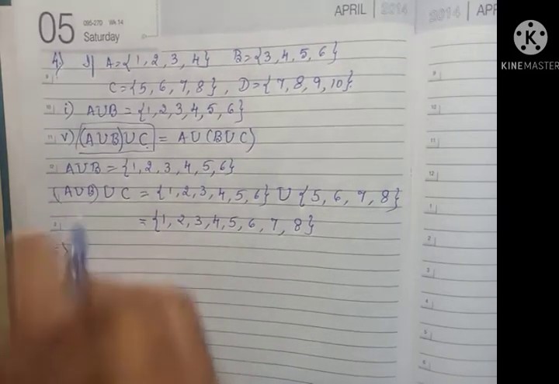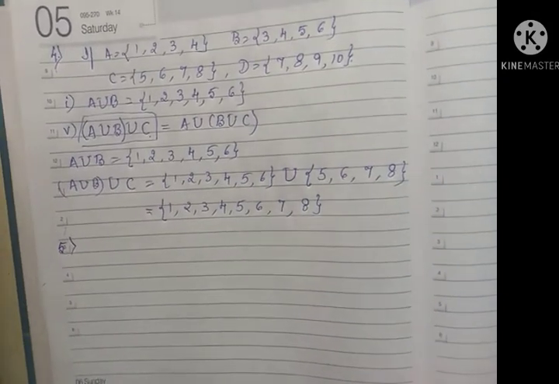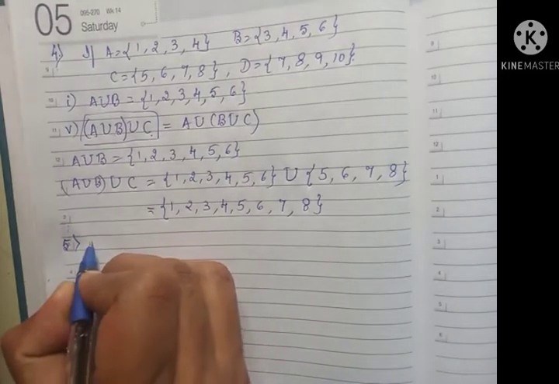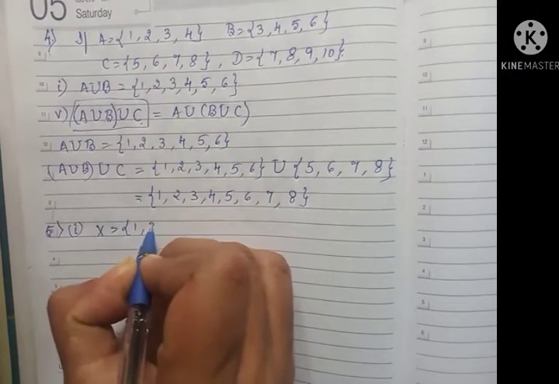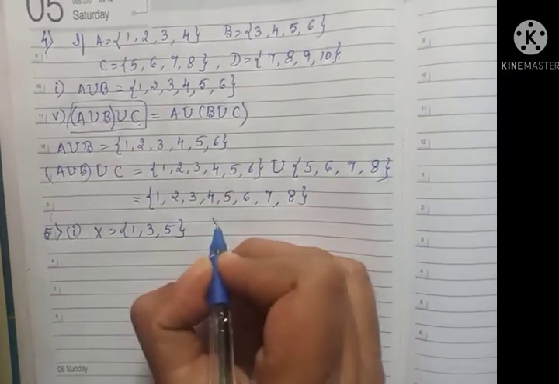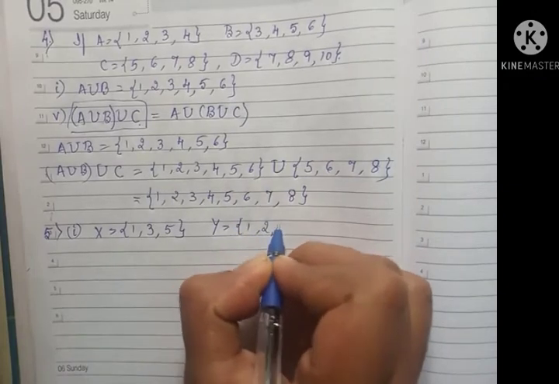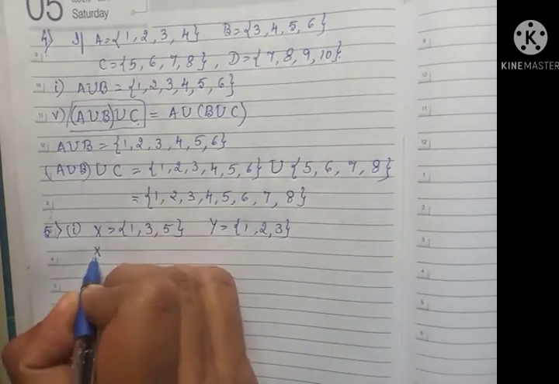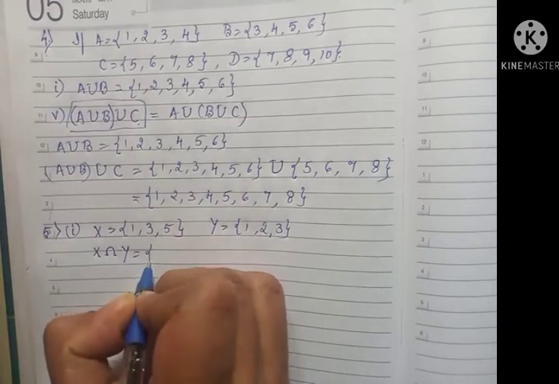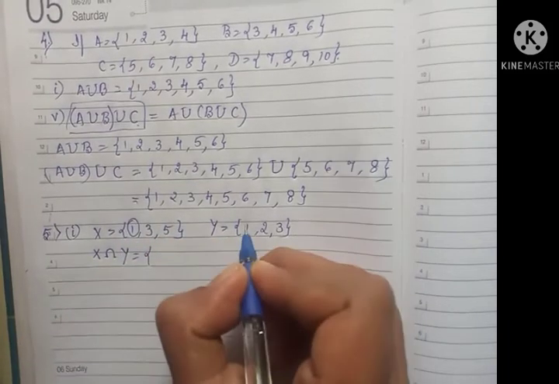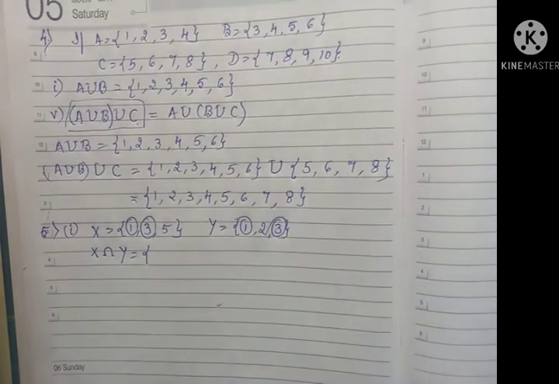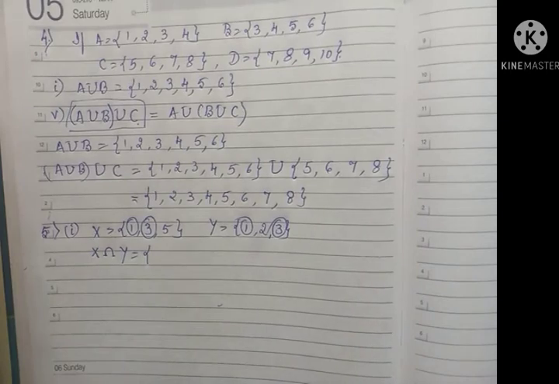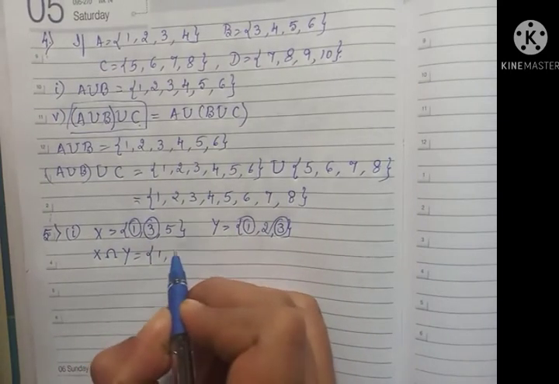Fifth question. You have to find out the intersection of each pair of sets. First question, in that the first question, X having the elements 1, 3, 5. Y is having the elements 1, 2, 3. You know the intersection X intersection Y. You have to write the common elements. The common elements 1, then 3. So if you are marking the common elements, use pencil, don't use pens. So intersection is 1, 3.